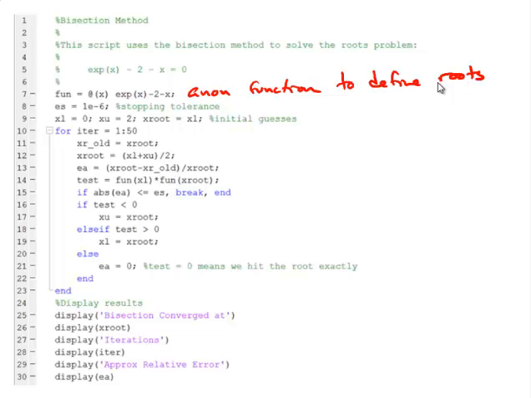And one thing to remember is it's always important to formulate that roots problem before you define this function. We have to have that formulated as a roots problem where f of x equals 0. Here we'll define the stopping criterion and our initial guesses. And just for starters, we'll take our first value of the root to be the lower guess, the lower